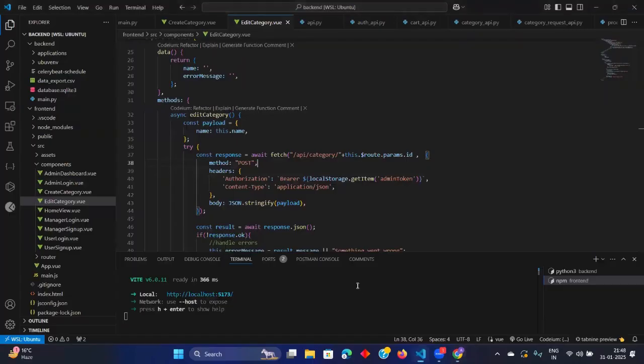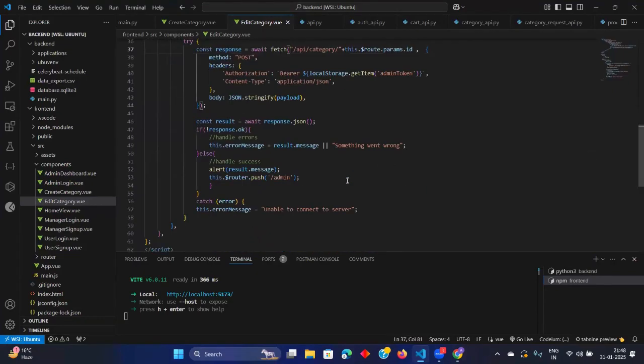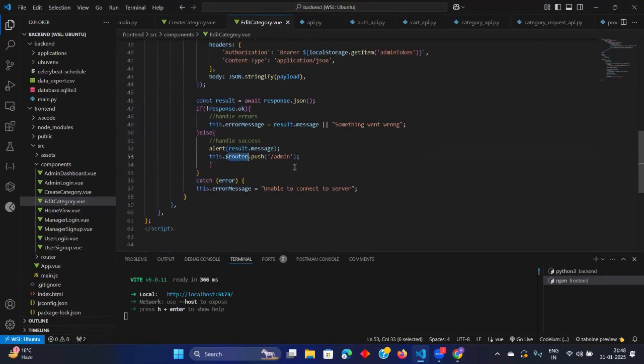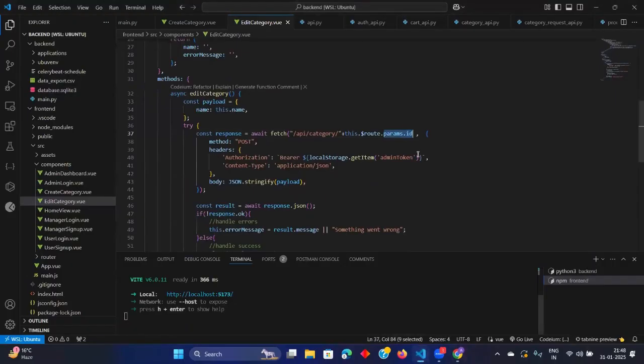So to get this ID, I use this dot route, dollar route dot params dot id. If you recall, we are using this router dot push. Similarly we are getting route dot params dot id. Route has some parameter, right? This is actually a parameter of this route only. Also, you can define this like this.